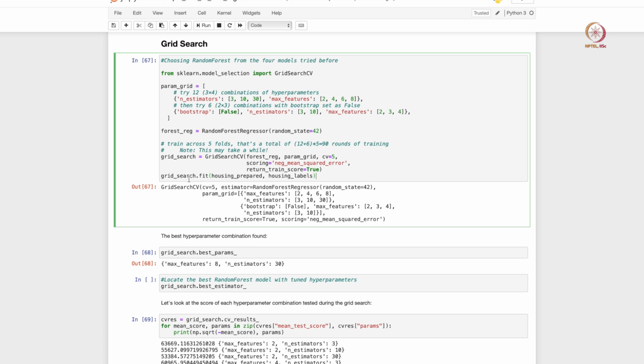And then we basically fit our grid search. So we call the fit function and then pass in the x and y values here. For each hyperparameter combination, you are going to train 5 different models, right, and take the average mean squared error and then compare the average mean squared error across the different combinations of hyperparameters, and then you choose the optimal hyperparameter.